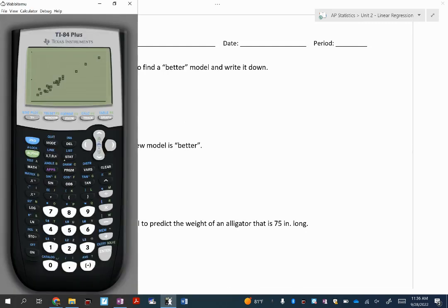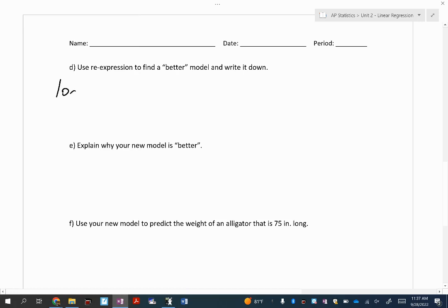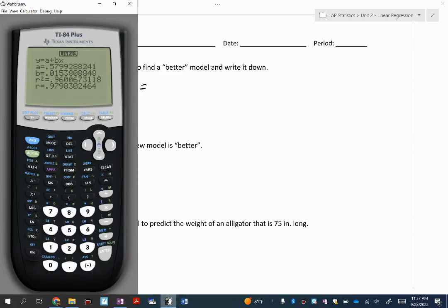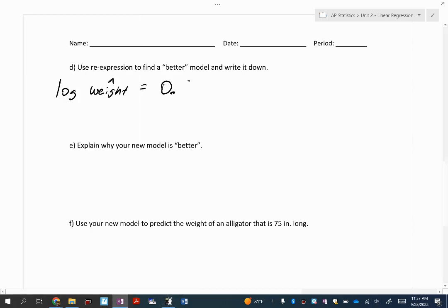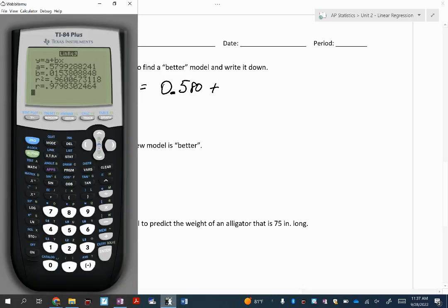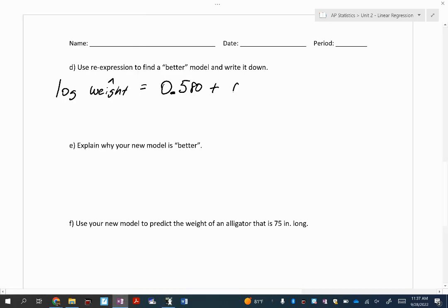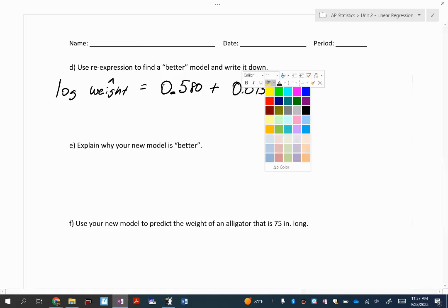All right, so I'm going to do stat, and then I'm going to do linear regression number 8, and I'm going to put this with L5, my log one, and I'm going to put my regression equation to Y1. So vars, Y vars, and then Y1. All right, so calculate. So I'm going to write it down. So I'm going to write down the log of weight hat equals 0.580 plus my slope is 0.015 times